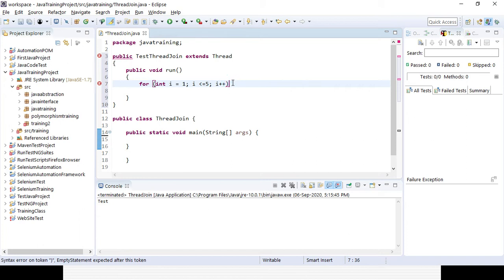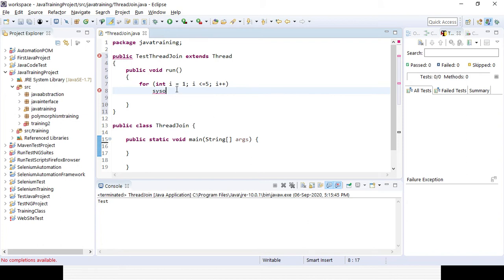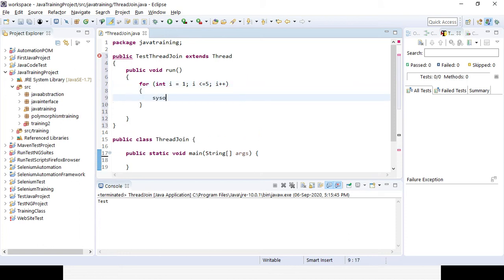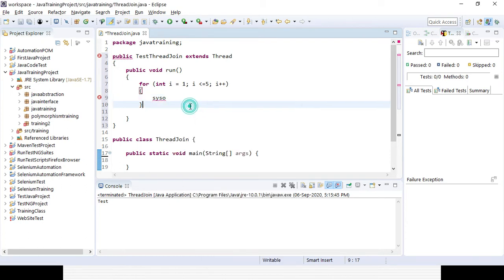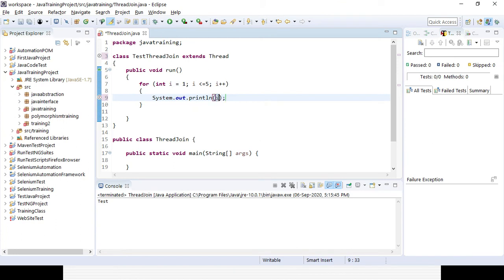Then I want to get the value of i. While creating a class I have to use the syntax as class, not public. After that, if you press SYSO, it will come in. So I want to print the value of i.